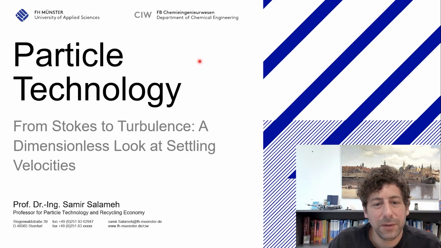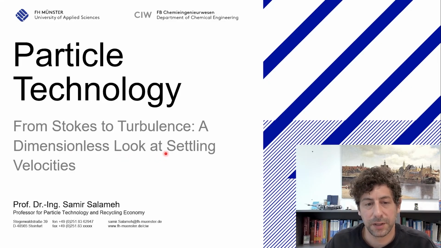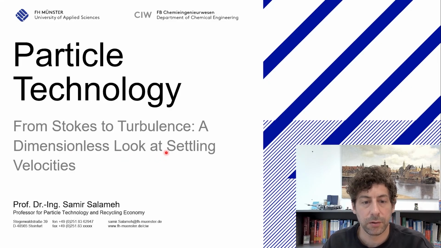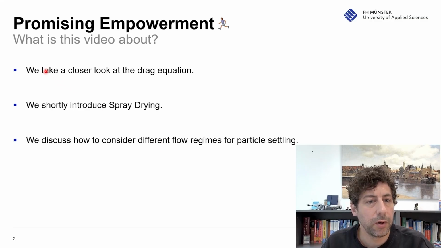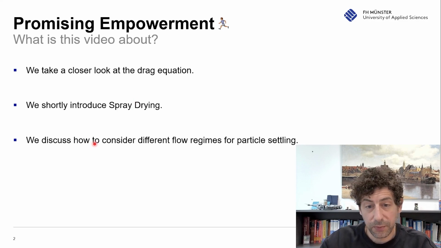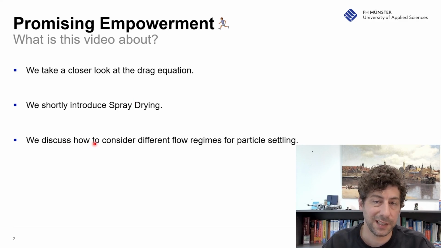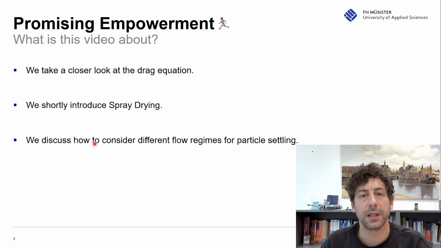Hi, welcome to the video. The idea for today is that we take a look at the dimensionless perspective of settling velocities and also why this is important or necessary. Therefore, we would first like to take a closer look at the drag equation, the equation you should already know from previous videos. Then we shortly introduce spray drying, really just one page about spray drying, as an important example. And we will discuss how to consider different flow regimes for particle settling, which is basically the idea behind these